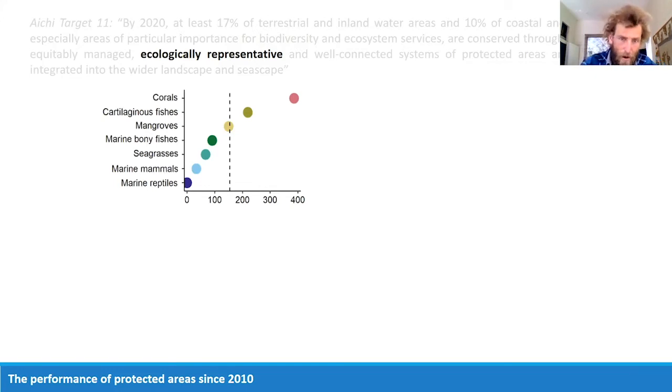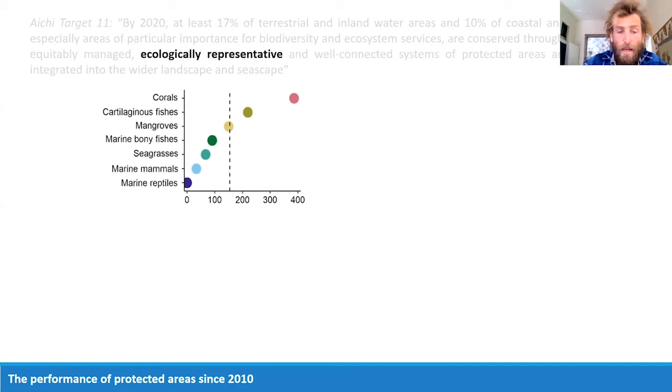But if we look at adequate representation, that is, if we look at a species distribution, we can assess how much of that distribution should be covered, ranging from 10% of that distribution if it's really widely ranging, up to 100% of that distribution if it's a very narrow range species. If we look at adequate coverage, only 21% or around 2,500 threatened species that we looked at had adequate coverage, which is increased from around 19% in 2010.